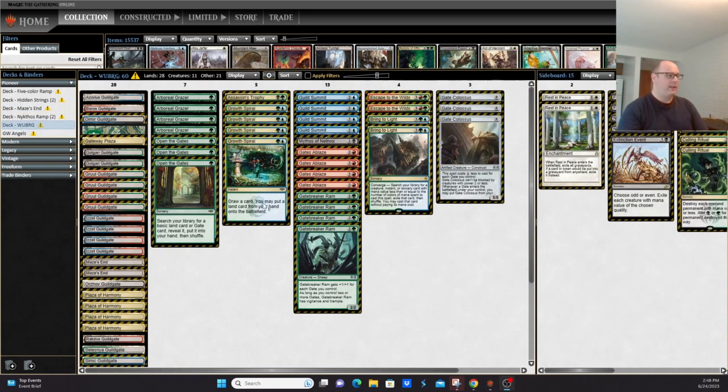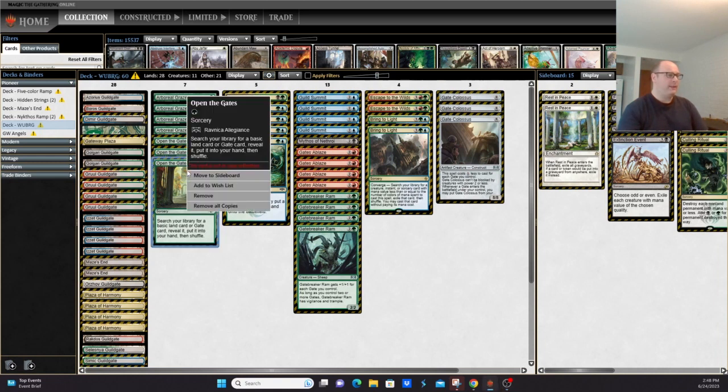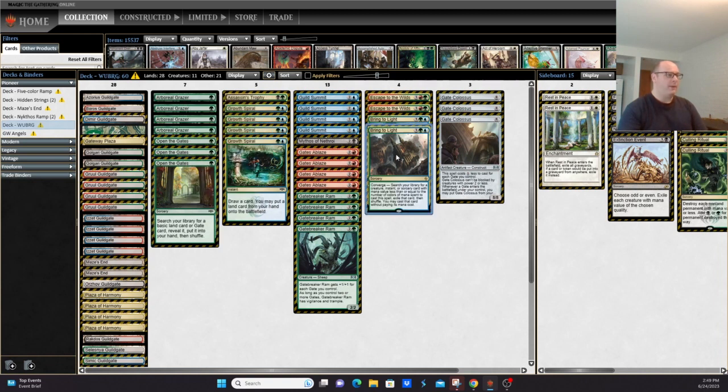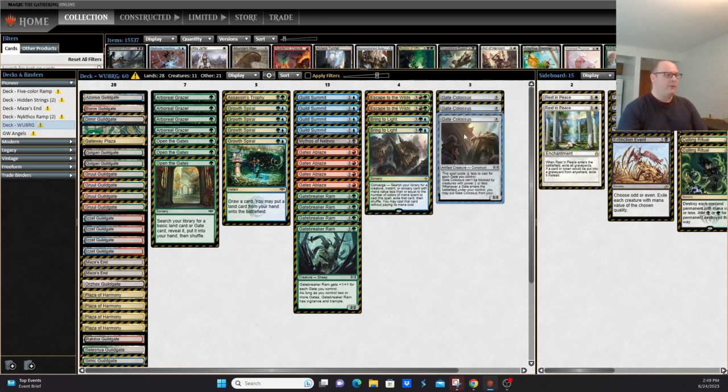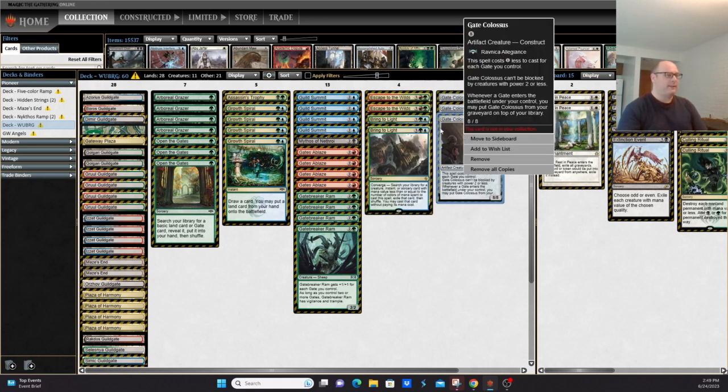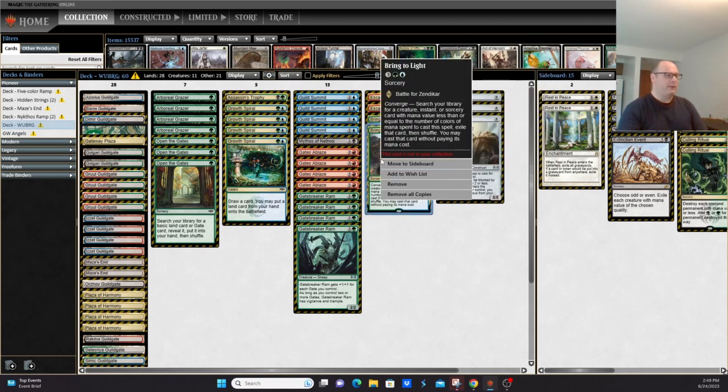Final variant we'll be looking at is one that uses Open the Gates to find Gates, rather than something like Gatecreeper Vine. This allows you to hit your early land drops. Beyond that, Bring to Light kind of ties this all together, allowing you to find your Gates Ablazes, your Gatebreaker Rams, your Escape to the Wilds, etc. Your one-off copy of Assassin's Trophy, much like a one-off copy of Mythos of Nethroi. 3 copies of Gate Colossus. Basically, you have a bunch of different ways to close out the game,